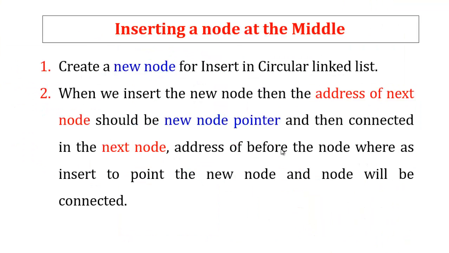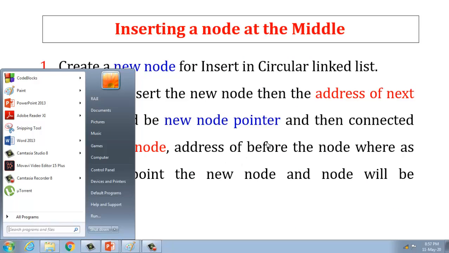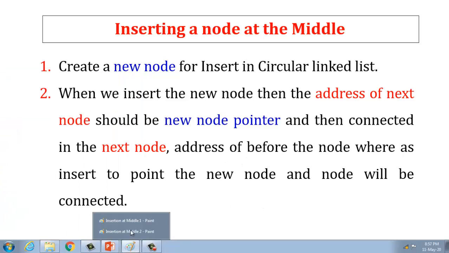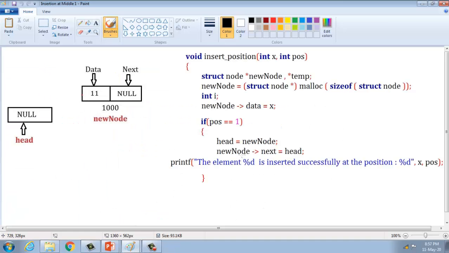Here we are going to see the pictorial representation of how we insert a new node. Take an example. First we check whether the head pointer is equal to null. If the head pointer is null, the list is empty. After that we insert elements into the list, maybe 5 elements, maybe 10 elements, maybe 3 elements, and so on.